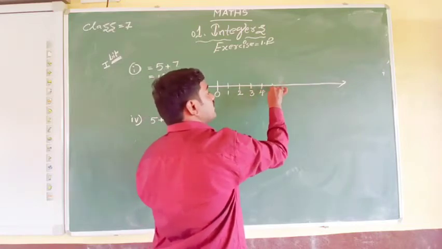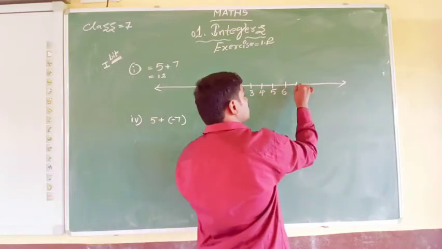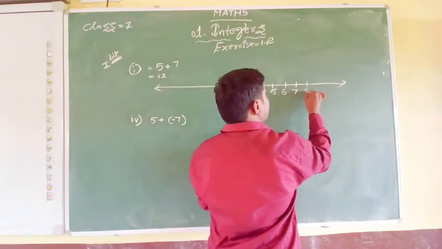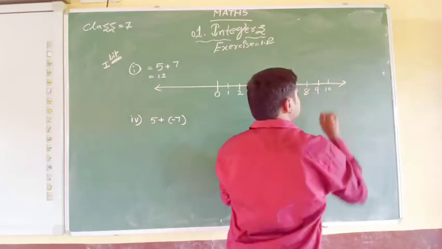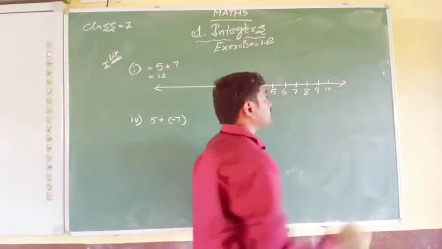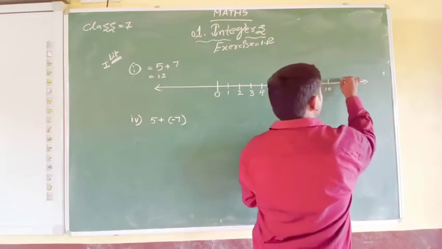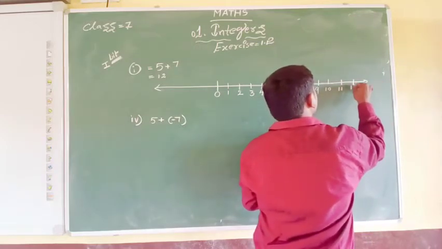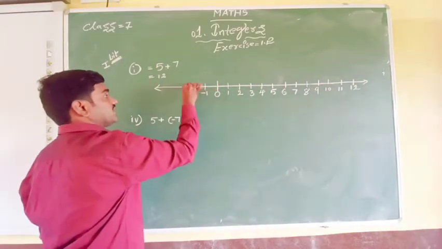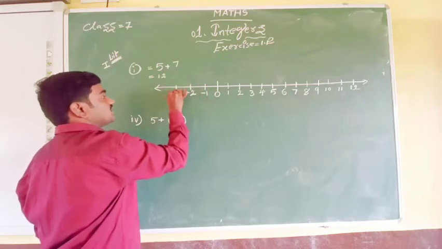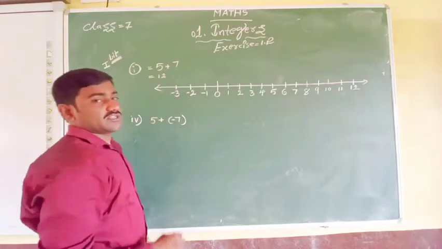This kind of representation we always have to do with a pencil. You should not use a pen. I hope you understand. Representations in math should always be shown with a pencil. You have to use only a pencil. Even if it is a small line, we have to use a pencil in math. -1, -2, -3. You don't require many numbers on the negative side because you only take the positive side here.